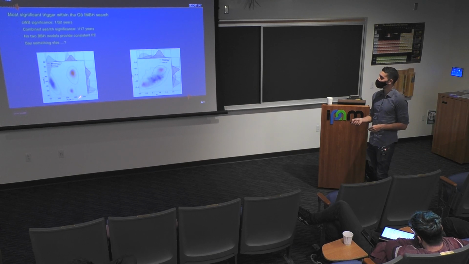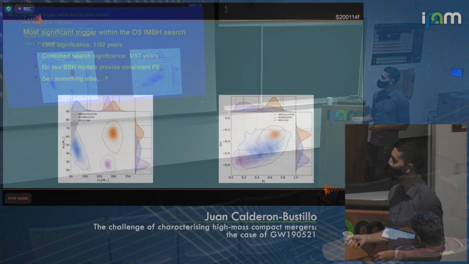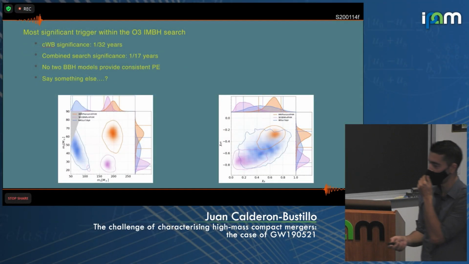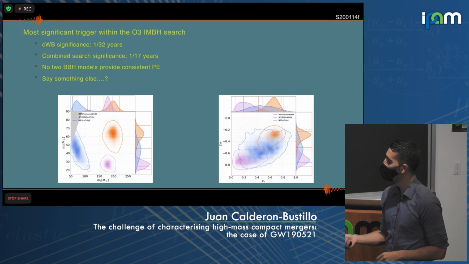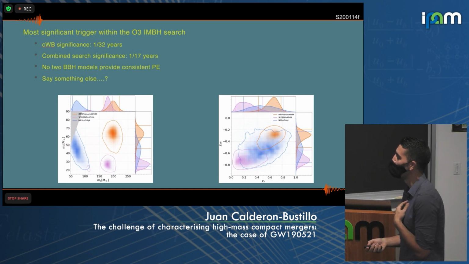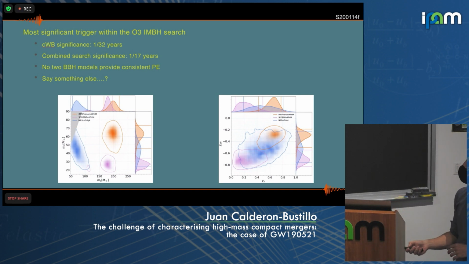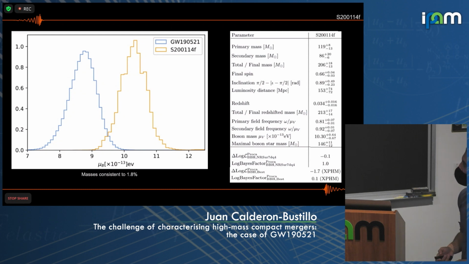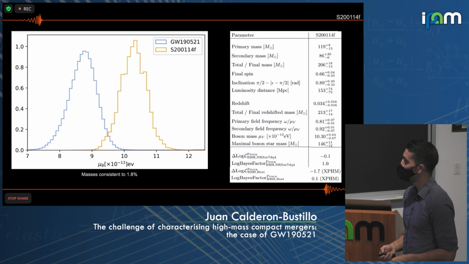And also, funny enough, if you try to do parameter estimation on this with the three vanilla models we use, namely phenomenological, EOB, and NR surrogate, there is no way the three agree. So I put the blame on the models. Some people were arguing that this means that this is not a binary black hole. What this means is that the models are not predicting the same thing for the same parameters, so the same waveform. So you can do the same study with it using our Procastar model.